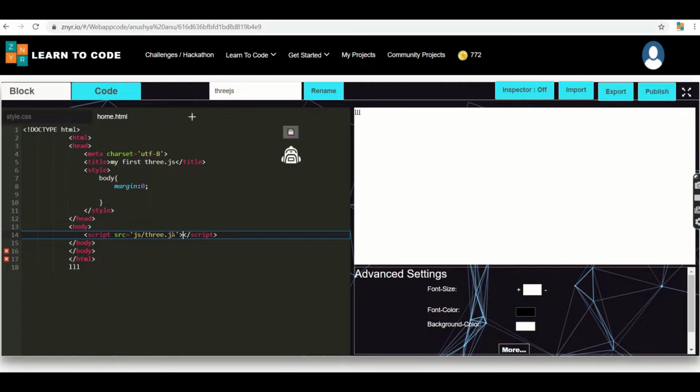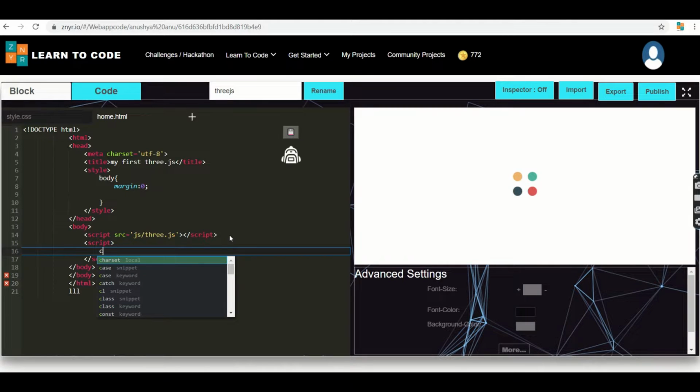So I'm just using the script part. Under the script part, I'm going to open the script where the JS is going to be processed.